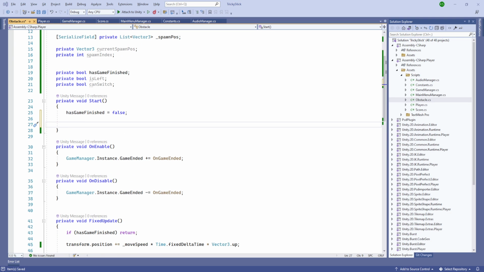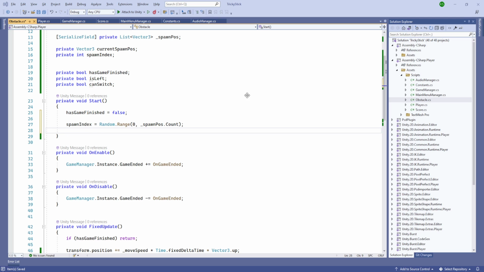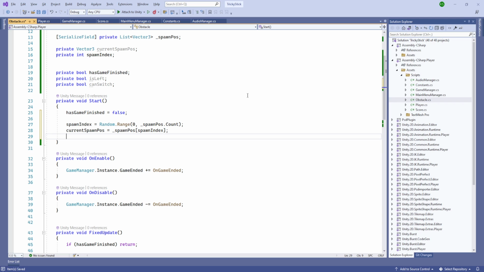We first need to get our spawn index, and it is going to be Random.Range from 0 till spawnPose.Count. And after we get our spawn index, we'll get our current spawn position, and it's going to be spawn pose for our spawn index, and is left is going to be Random.Range from 0 till 2 equals 0,